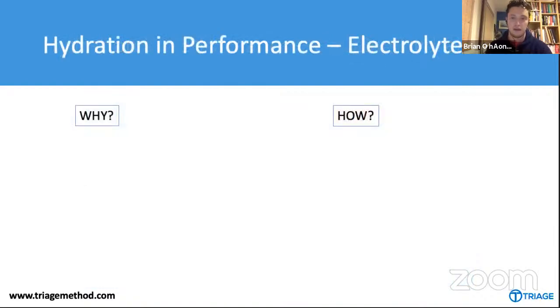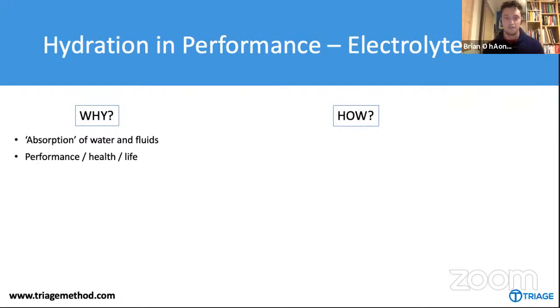Now, we're going to talk about electrolytes, because this goes hand in hand with hydration and fluid intake. Electrolytes are just a group of minerals: calcium, magnesium, potassium, sodium, and chloride. They have essential roles in the body, right? They help with absorption of fluids, particularly sodium. Again, they're essential for performance, for health, just for living. If your electrolytes get too out of balance, it has pretty serious life-threatening consequences. Not that it would happen under normal circumstances. We're talking about disease states here, but just to show that they're very important.